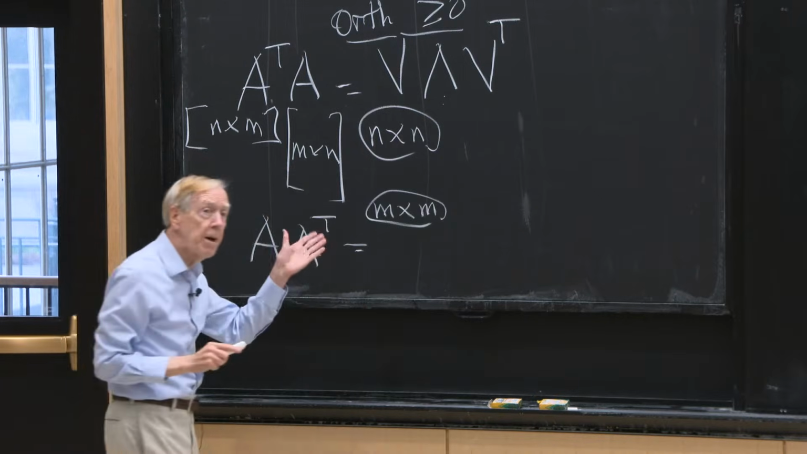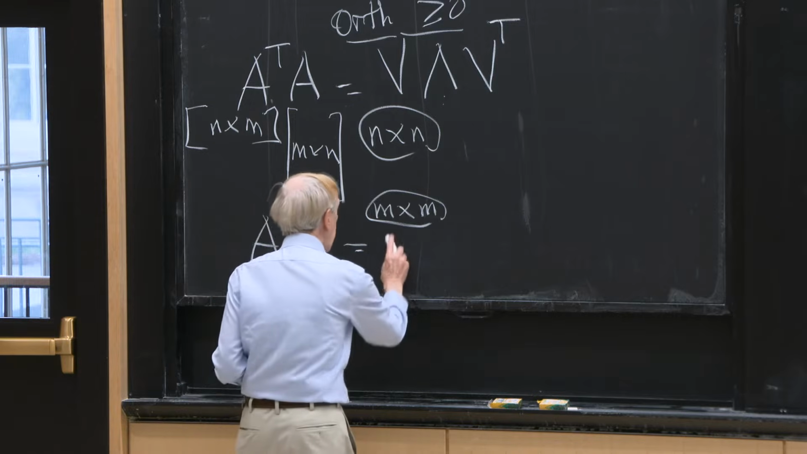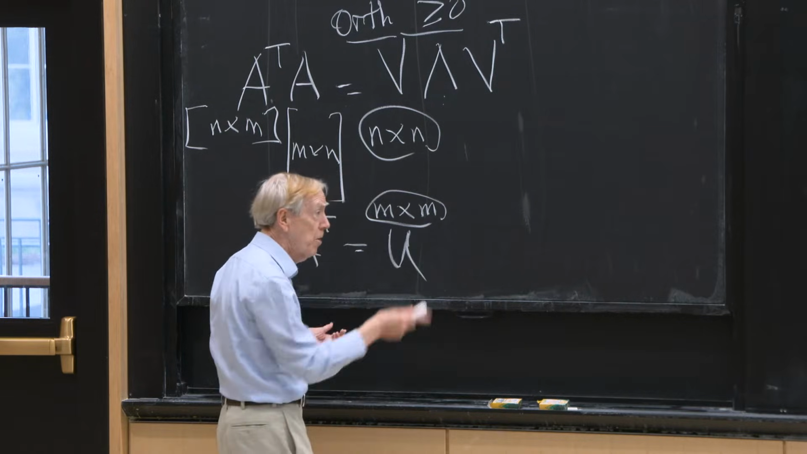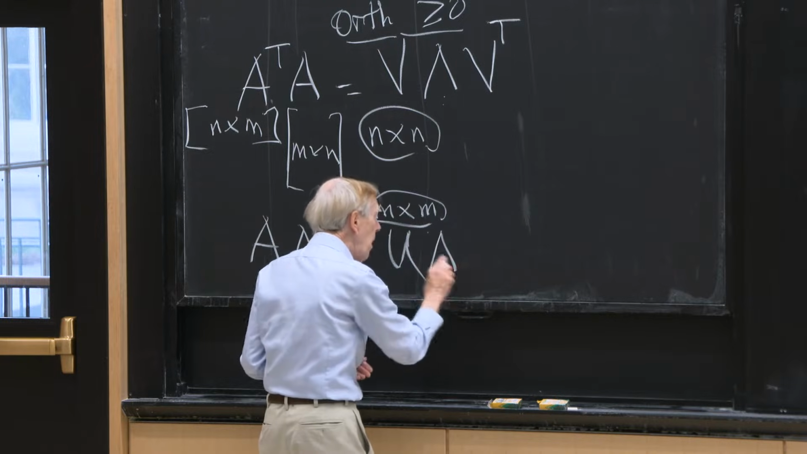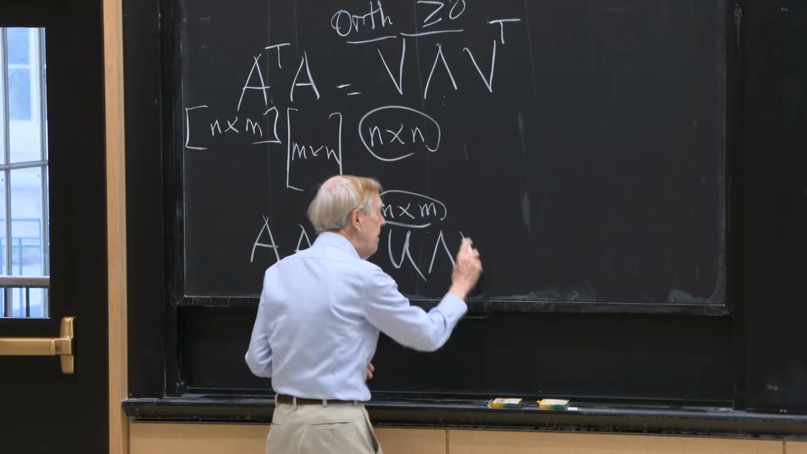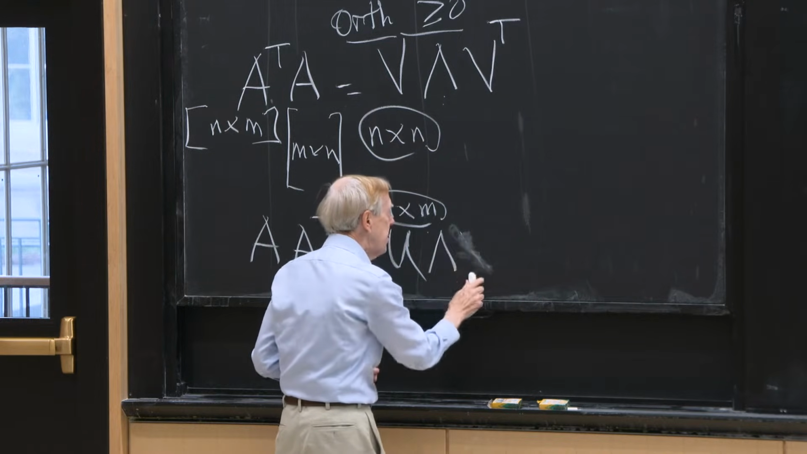But with the same eigenvalues. So it's going to have some other eigenvectors. U, of course, I'm going to call them U because I'm going to go in over there. They'll be the same. Well, the same. I have to say, when I say the same,